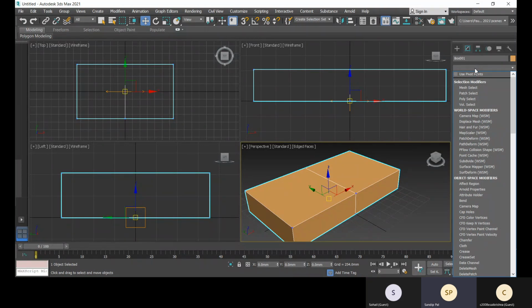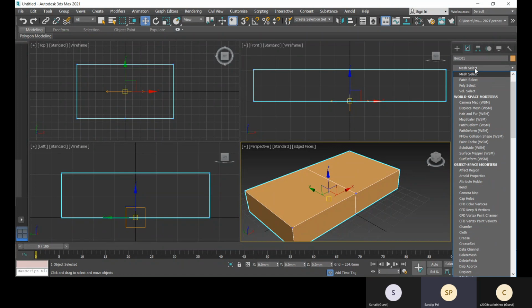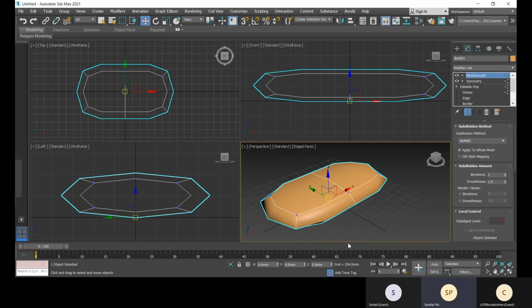And now I will go with mesh smooth. The mesh smooth option is there to make it smoother. There is another option available, that is turbo smooth, which is for more smoothness and creating more polygons.